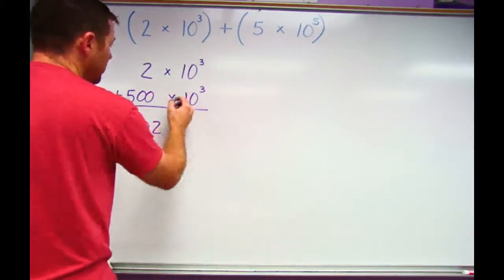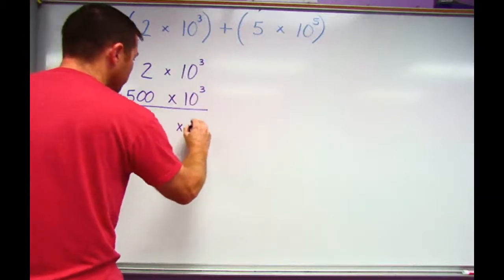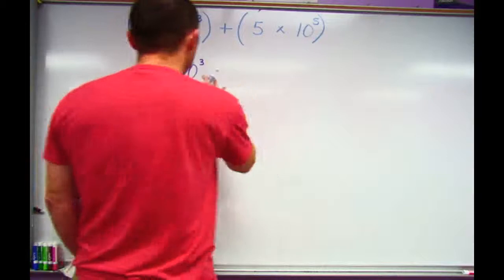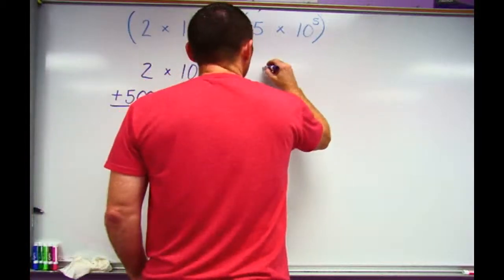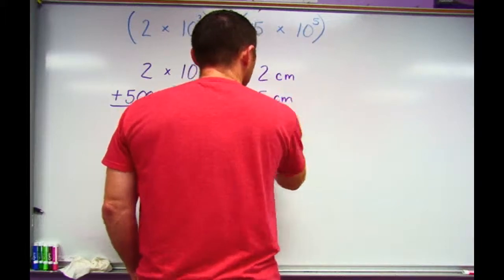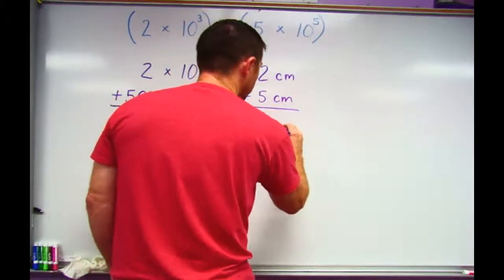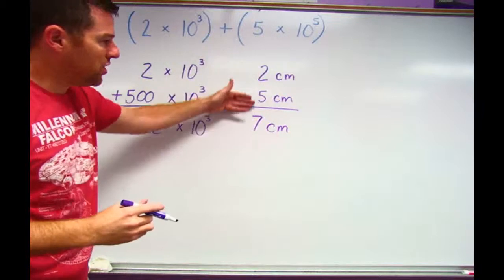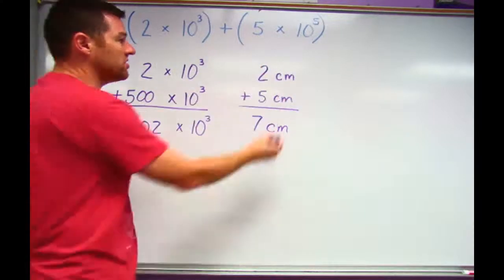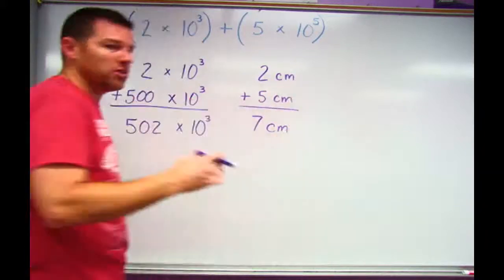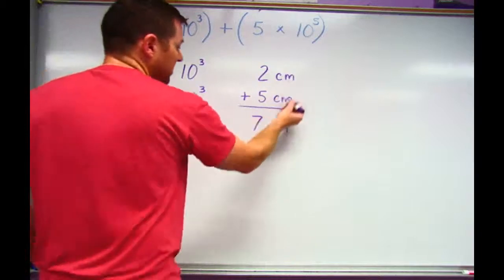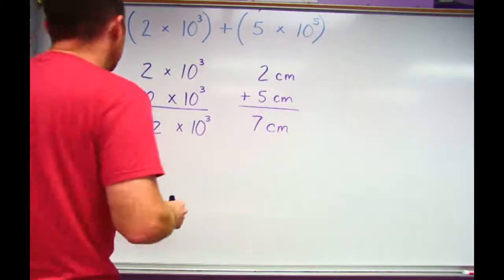And then when you add and subtract, you keep the exponents the same. It's just like if you were doing centimeters or something. You could think of these as units, because if you had 2 centimeters plus 5 centimeters, you end up with 7 centimeters. You just add the numbers, you don't add the units together. The units are just the common ground. So centimeters plus centimeters is centimeters. You'll see in just a second when we get into division and multiplication that you will multiply these together, and that's when we do something different with the exponents. So for right now,